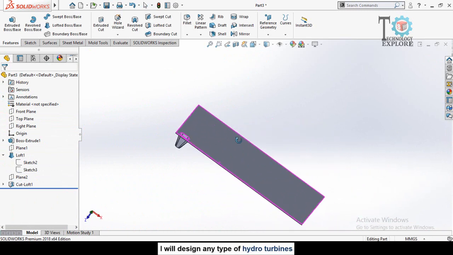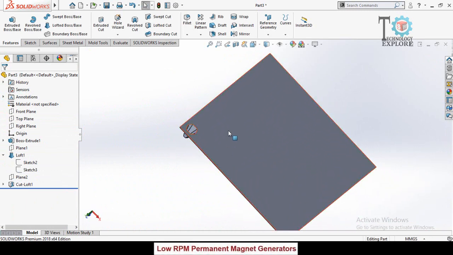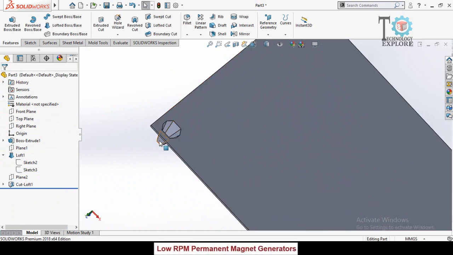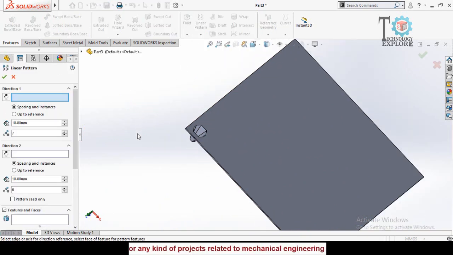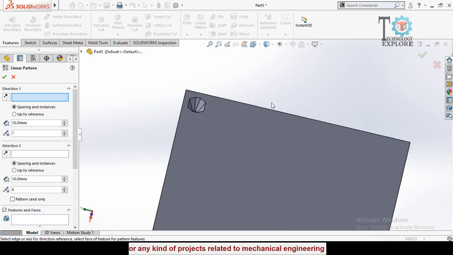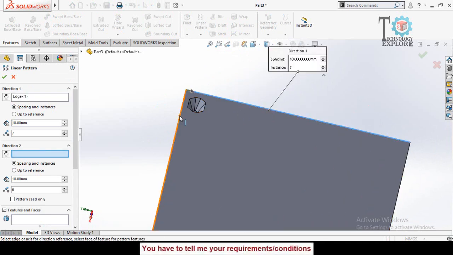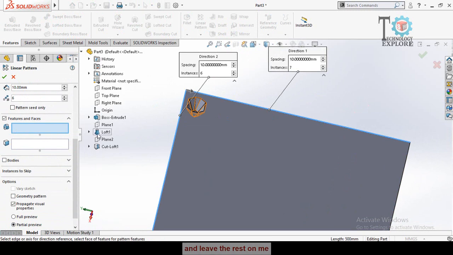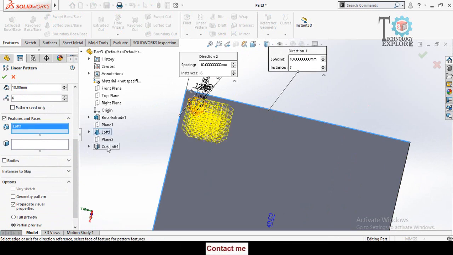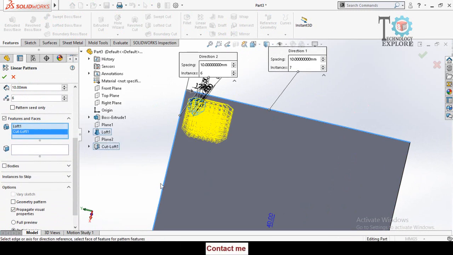Now next step is that we have to make a linear pattern for this loft cut and loft. So for that, click on linear pattern button here, and for direction 1 select this edge, and for direction 2 select this edge, and for features and faces click on this box and expand these options. From here select loft 1 and cut loft 1.